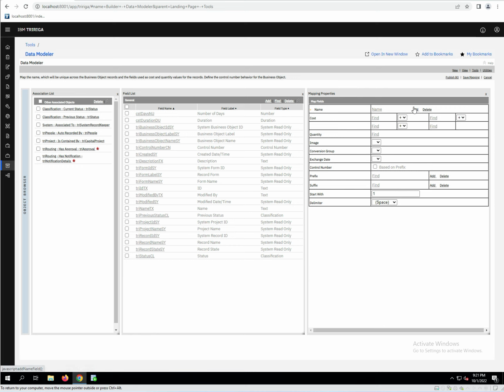From here, and then also removed, right, the delimiter. So that's great. That's the most common thing. This is the must-have in order to publish my BO. Now, the second most common part of the BO mappings that you're going to set has to deal